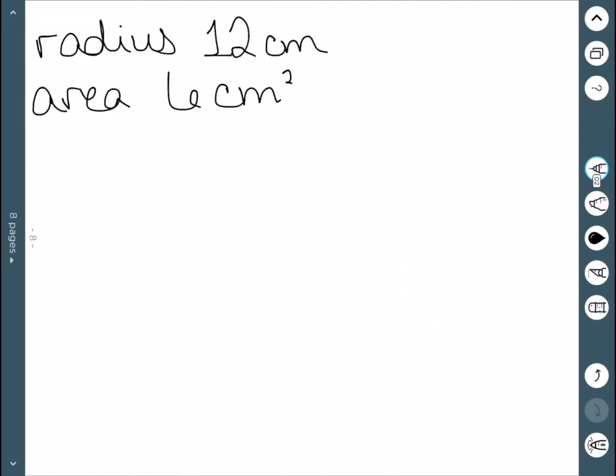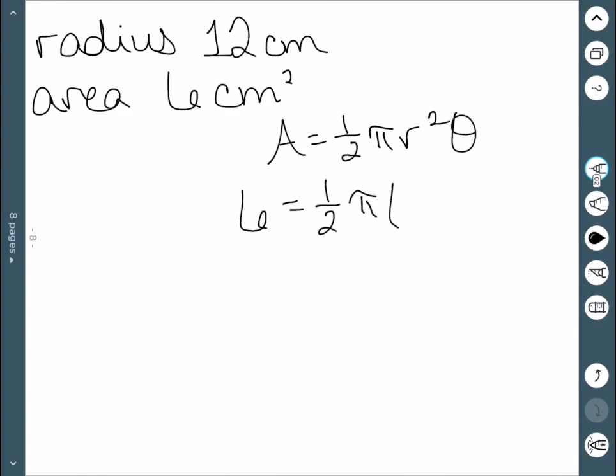This time, we know the radius and the area, and we want to find the appropriate angle. So our area is 6, and we know the radius is 12. On the right, we have 1/2 times pi times 144, which gives us approximately